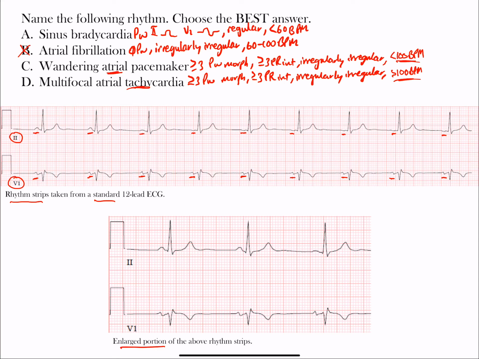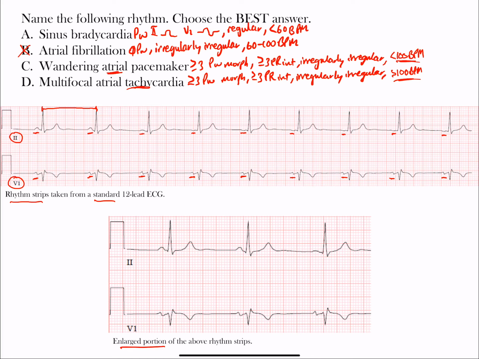Now, how about sinus bradycardia? Is that correct? Well, first let's look at the regularity of the rhythm. We're kind of getting ahead of ourselves. Regularity of the rhythm means if we look at our intervals, you can either do the R to R interval, or you can do the P to P interval. Maybe the P to P interval is a little more accurate, but it's sometimes hard to make out where that initial portion of the P wave is starting from,